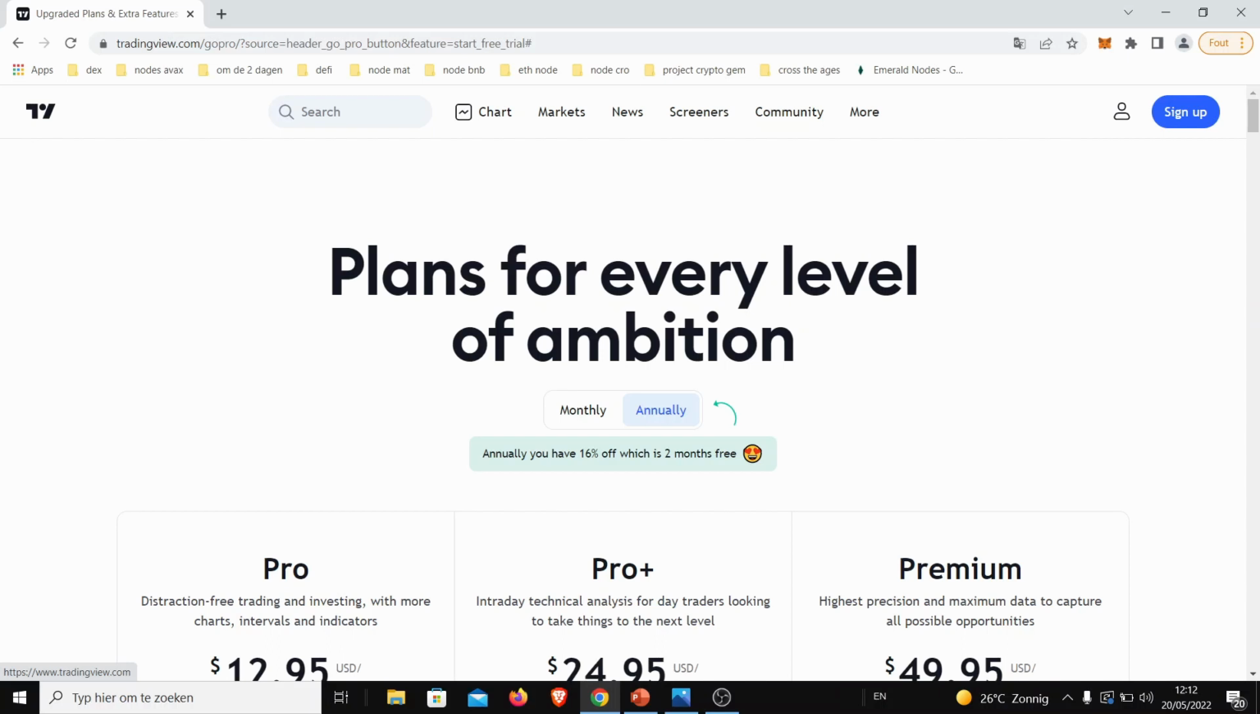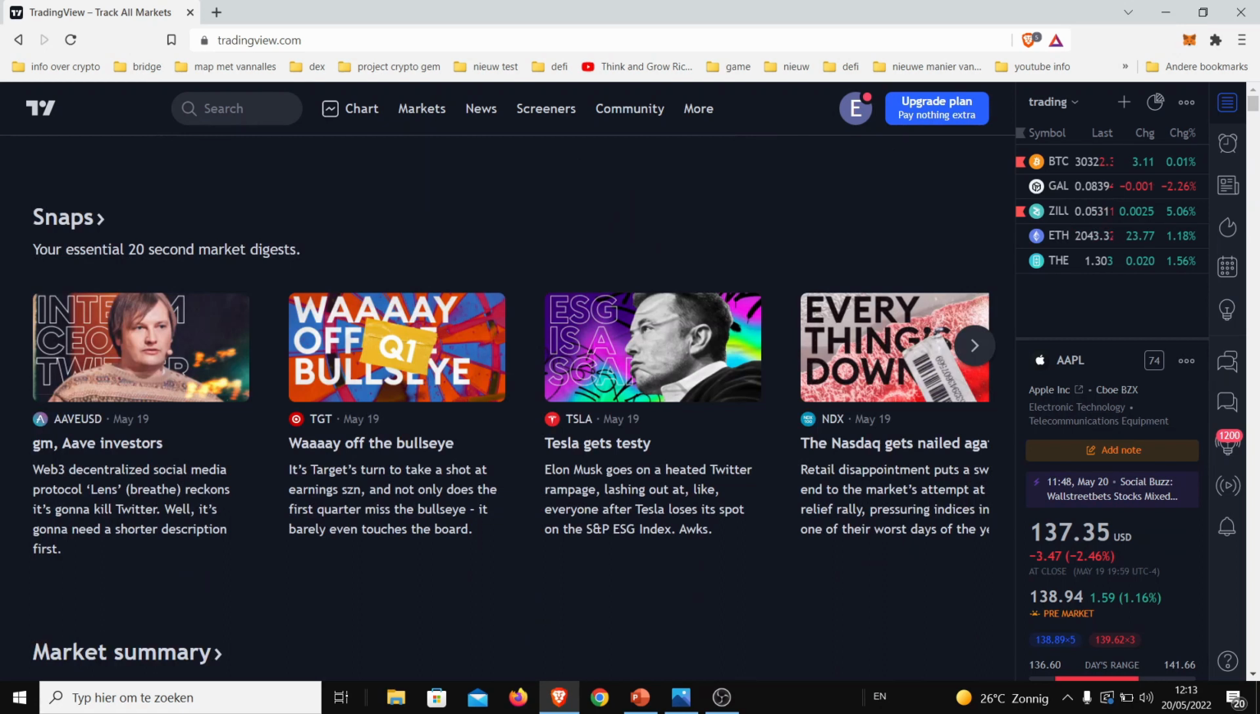Now let's take a look at the chart itself and how it works. Okay, so this is normally the first page that you would get into. On the right side you will see a few symbols for everything. So let's first take a look at a chart. How do we look at charts? If you press charts,